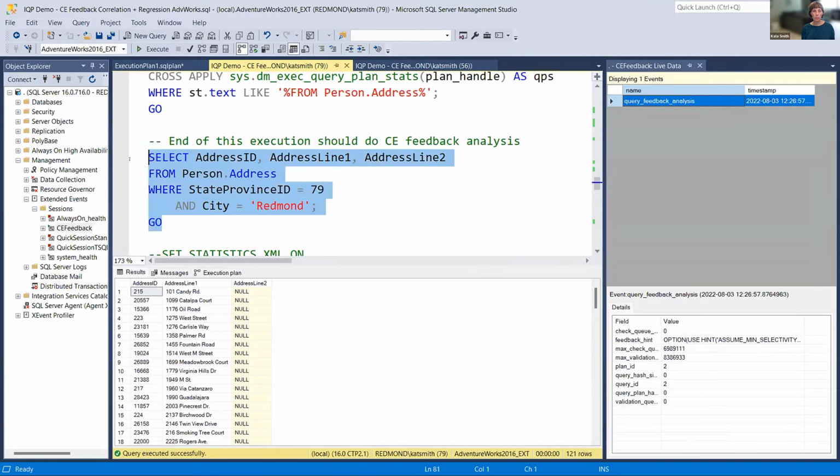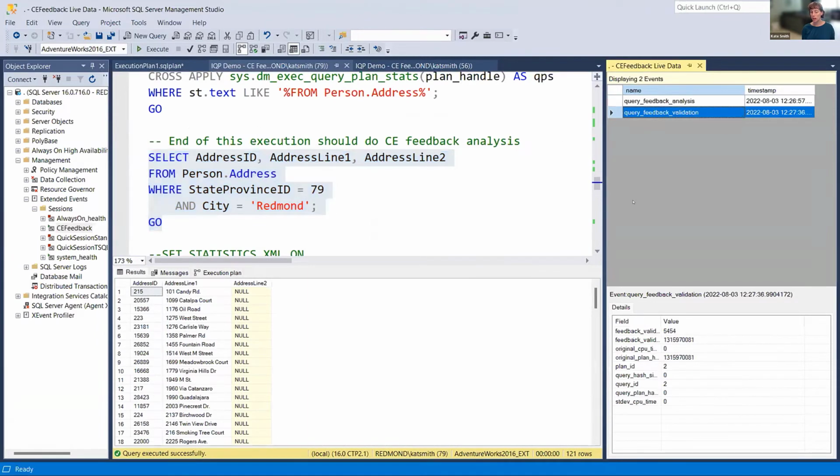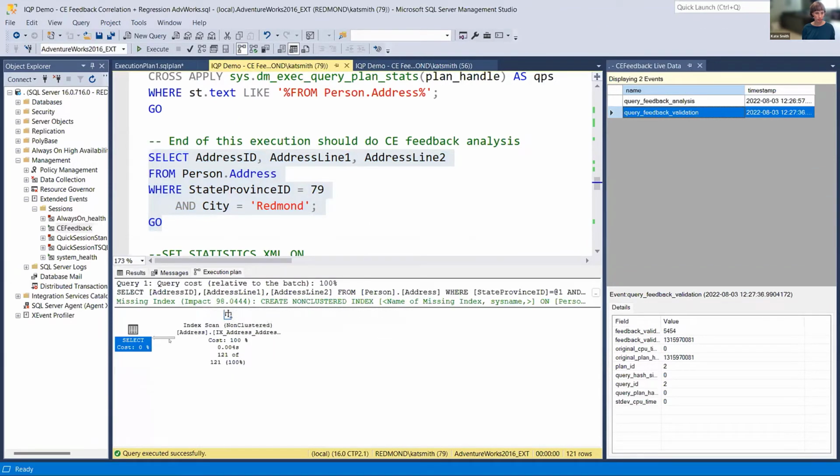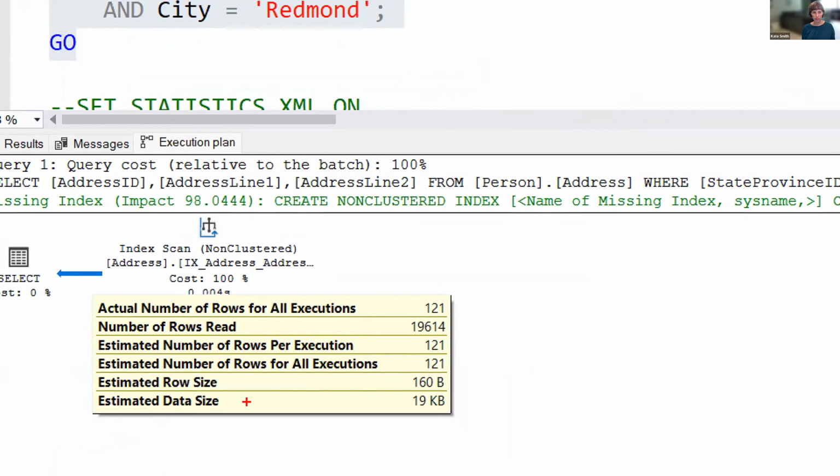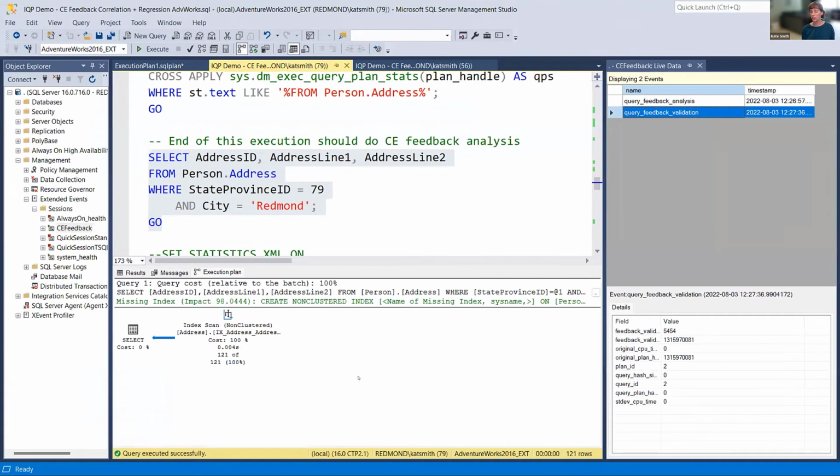So we go back and we'll execute one more time, and that should validate whether or not this adjustment made any difference. So if we look at the execution plan that we got here, you can see that our actual number of rows was 121, and we estimated 121. So our estimate was exactly right. So that's perfect. The data is completely correlated in this data set. However,